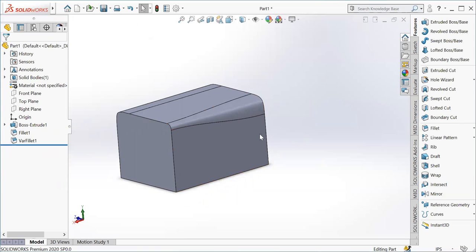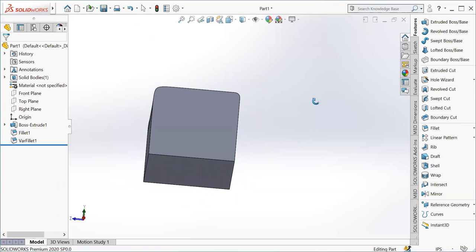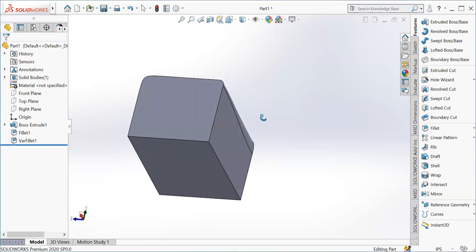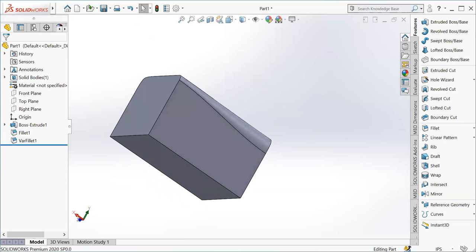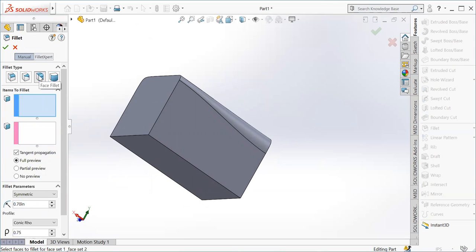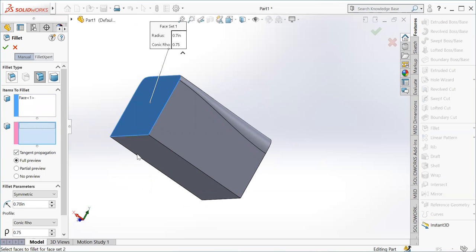Now the third type of fillet, see here, this is the third type of fillet. In this, the fillet is applied on two edges. So I can select this first edge, then I'm going to select this second edge.